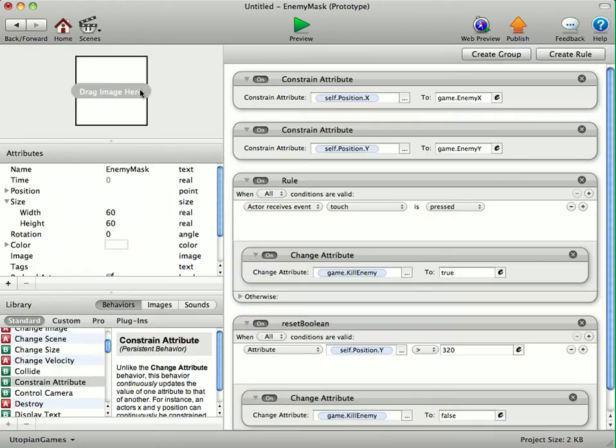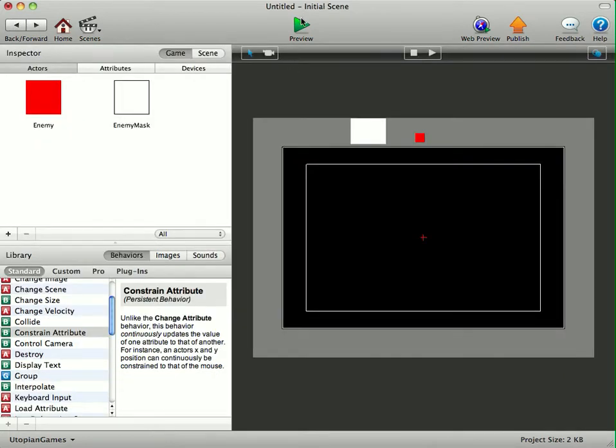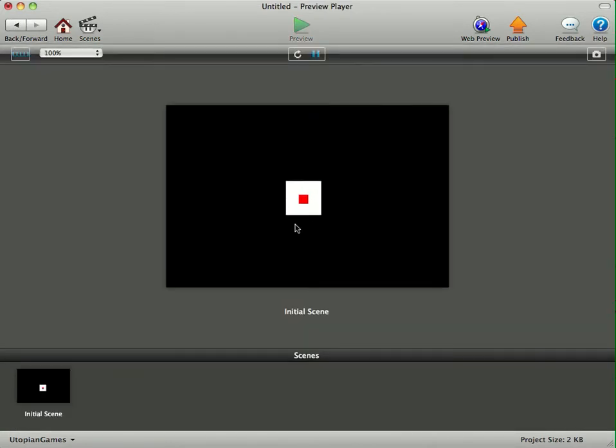Now I've made a bigger actor here. This is 60 by 60 and this is going to be my collision area. So when I touch this, it's going to kill the enemy. Now this is going to be constrained to the actor's X and Y. As you can see there, when I press anywhere in the red square, in the white square, sorry, the actor